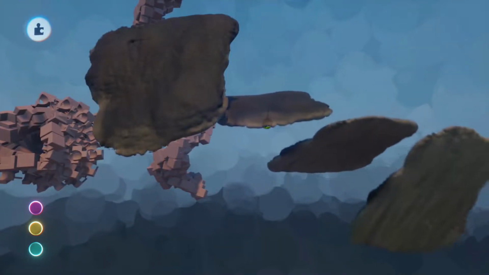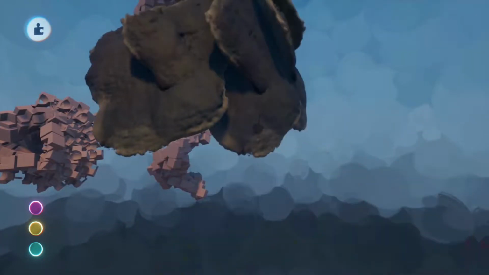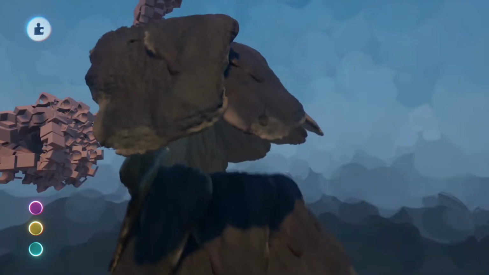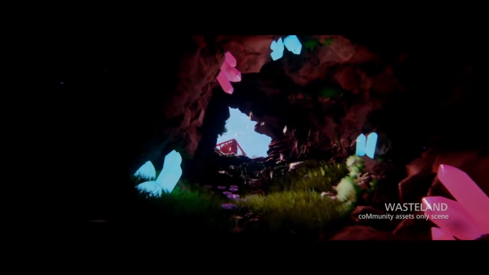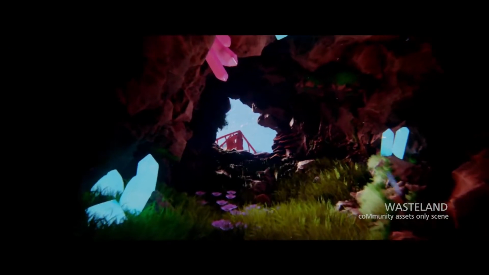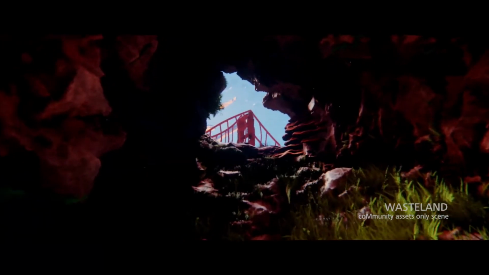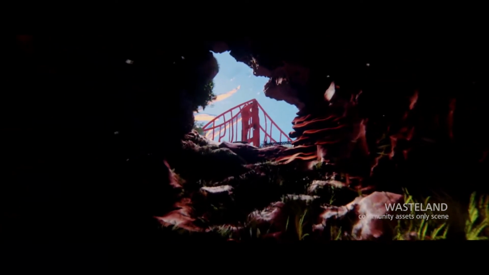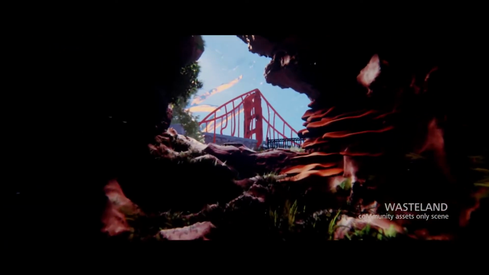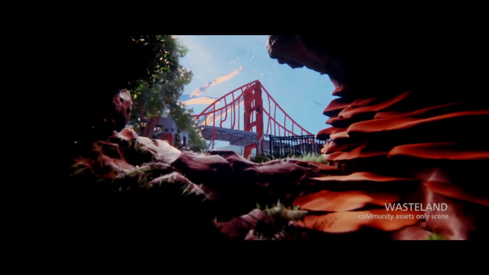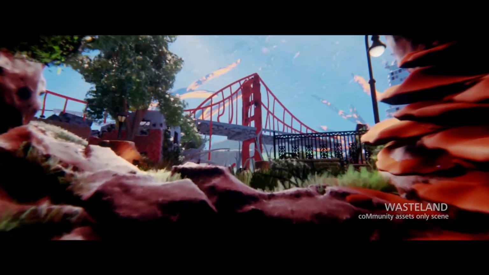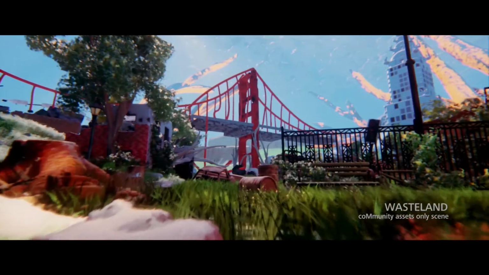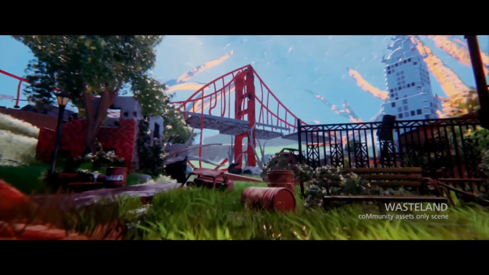For example, one time I was doing a stream, and I was creating a whole scene with only community assets. It was a very fun thing to do, and I will do that more often, but you need to cherry pick. Sometimes people make a simple building, and it looks very cool. Like, hey, I can use that.